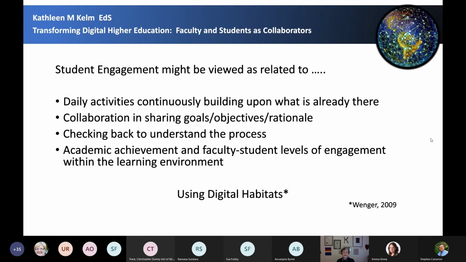So when I talk about student engagement, the first thing that comes to mind for me is the notion of a digital habitat. So Wenger has been around a while. He's talked a lot about community of learners. He then put together an idea along with some collaborators of creating a digital habitat. And what would it take to create a digital habitat, maintain a digital habitat, rules of the digital habitat? What are the benefits of being engaged in a digital habitat? So I'm using this as an idea, as a way to think about student engagement.